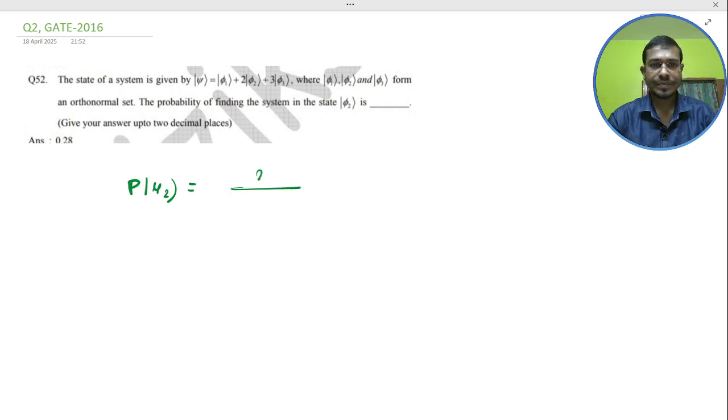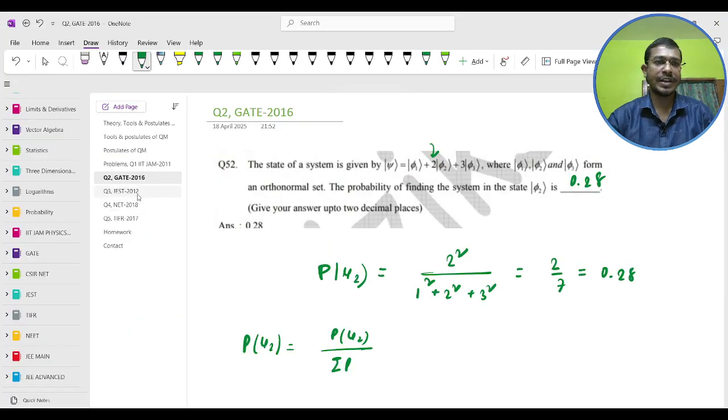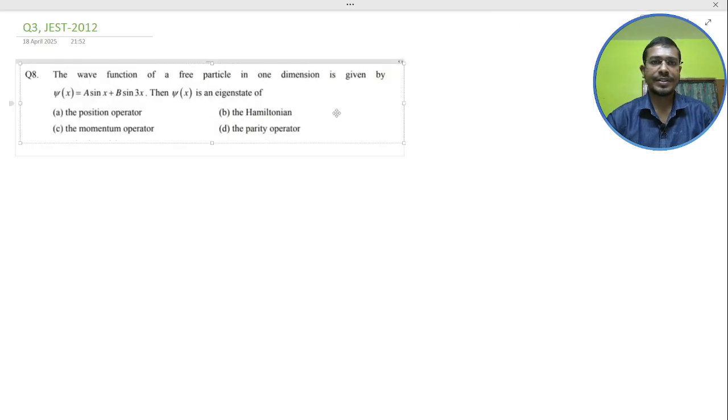Phi 2 means coefficient 2 squared by the normalization, the total. This is basically the probability of phi 2 by the total probability. This is 1 squared plus 2 squared plus 3 squared. This should be equal to 2/7 or 0.28. This is the NET answer, 0.28, you should be right. Next,